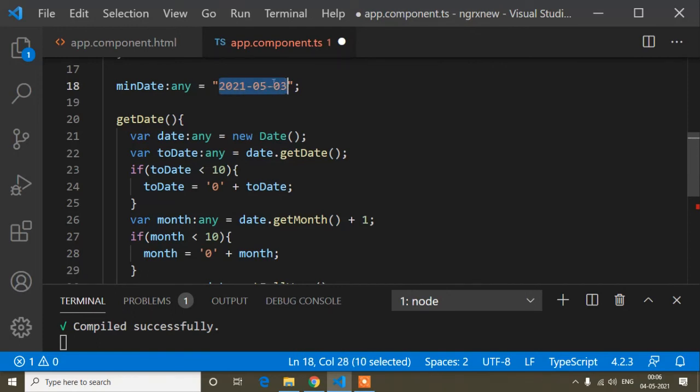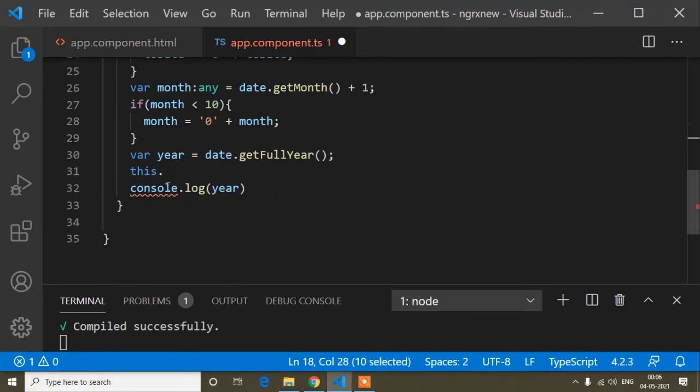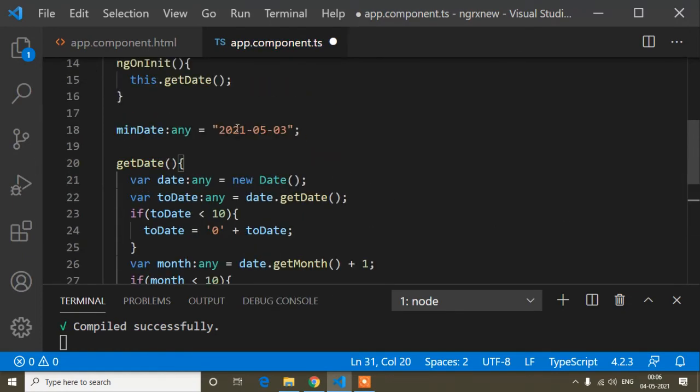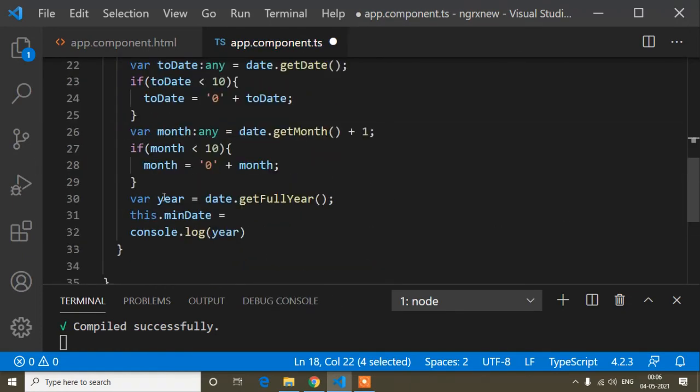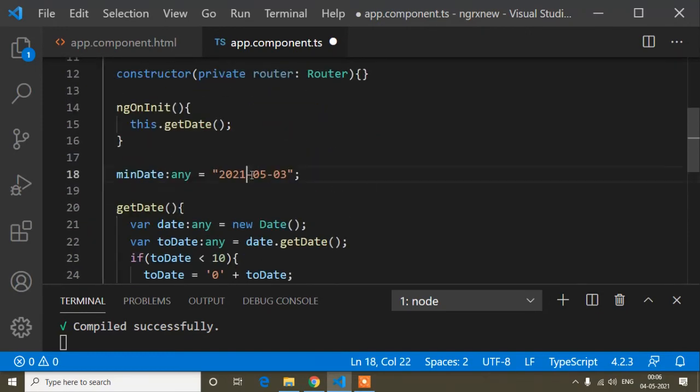So now here I will remove this, and inside this min date, now I will set it in this format. So this dot minDate equals to, so first of all you can see it's year. So how am I getting year? Inside this variable, so I will copy this variable and paste here, and after that you can see it's a hyphen.